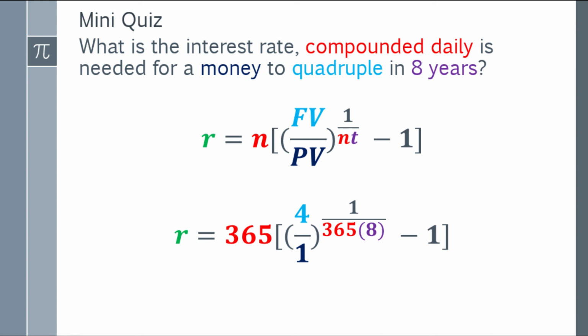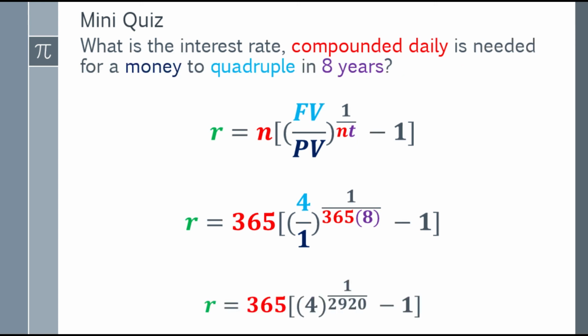Alright, next step, let's simplify it further. 4 over 1 is simply 4. Our exponent is 365 times 8. So, that will be 2,920. But remember, that's 1 over 2,920. Okay, let's simplify it further. Simplify what is inside the parentheses. 4 to the 1 over 2,920. The answer, you subtract 1. And the answer will be